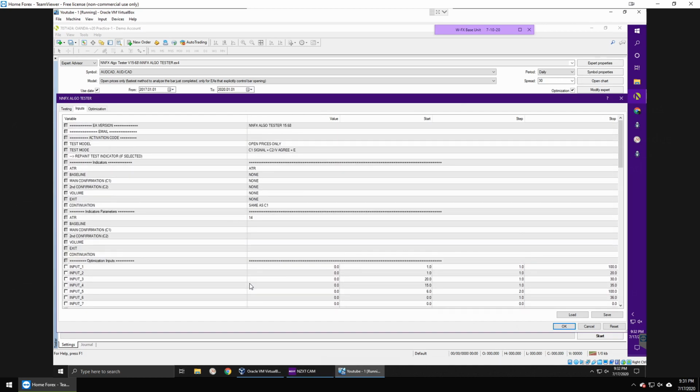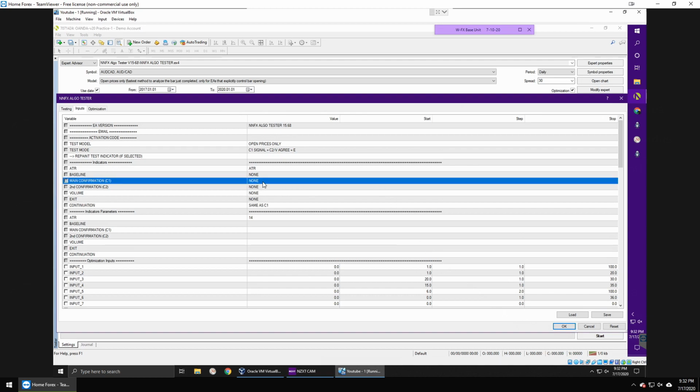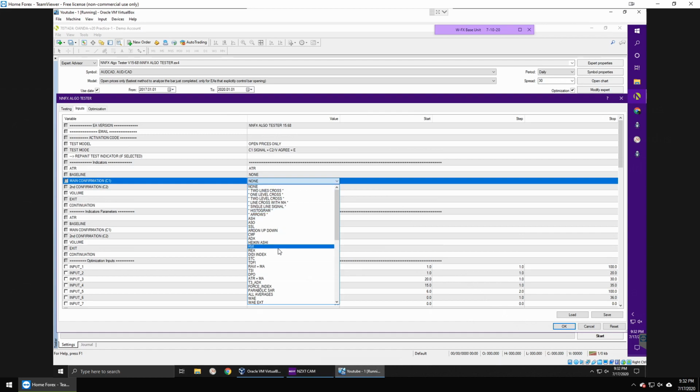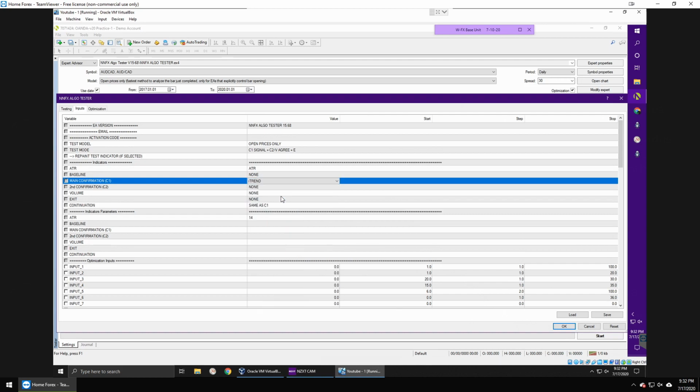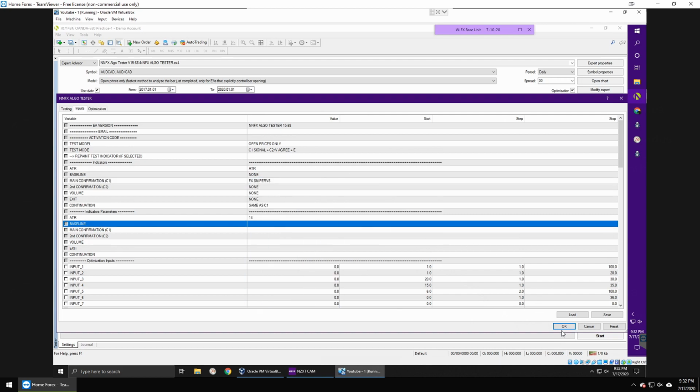All right. So first thing that we're going to want to do is start looking at a C1. I've already got one in mind. The one we're going to be using is FXSniper VS. If I can find it. I've probably glazed over it 3 times by now. There it is. All right. So,